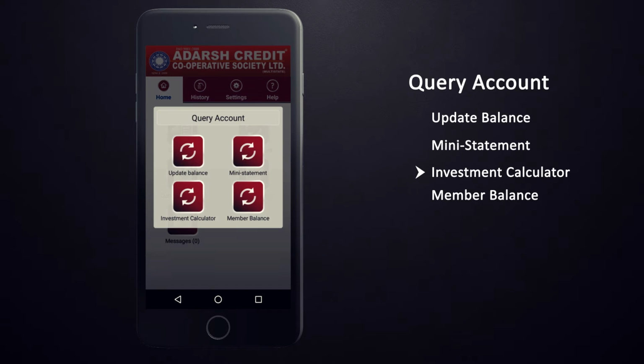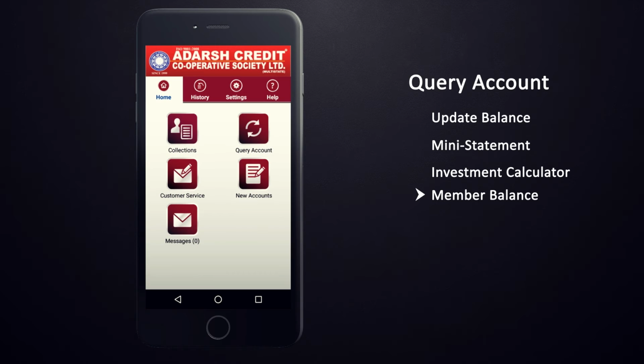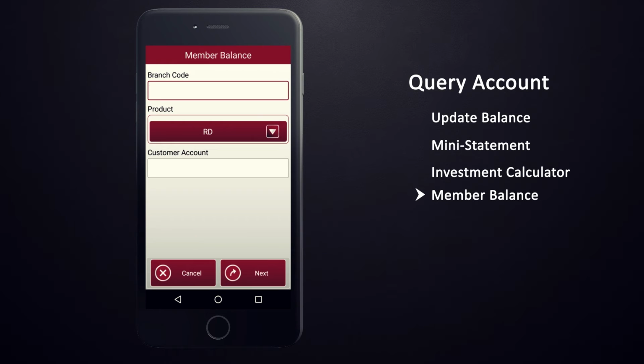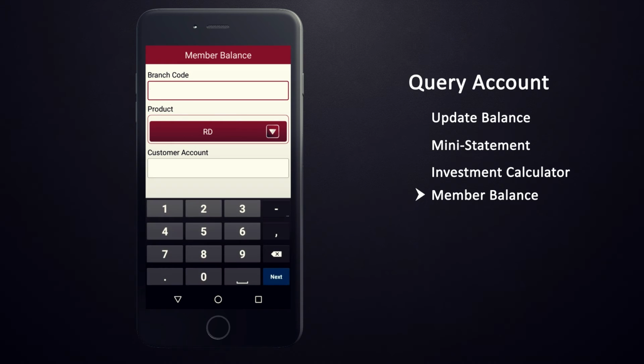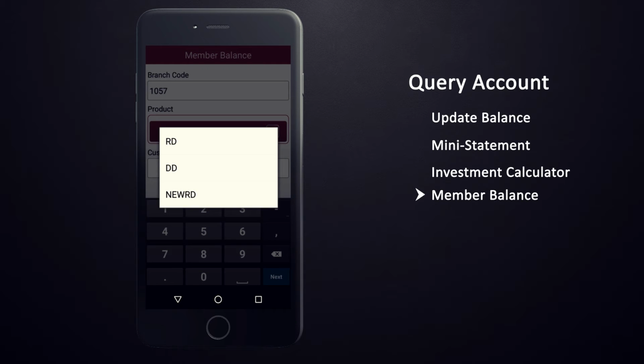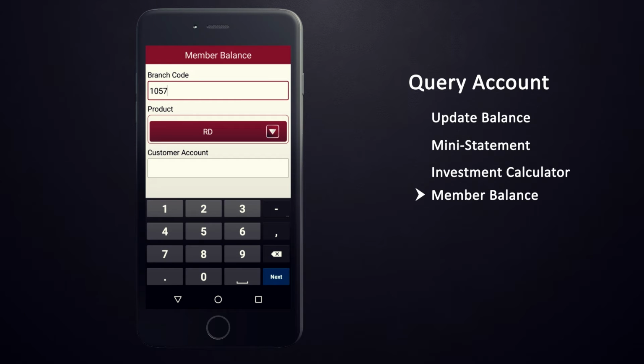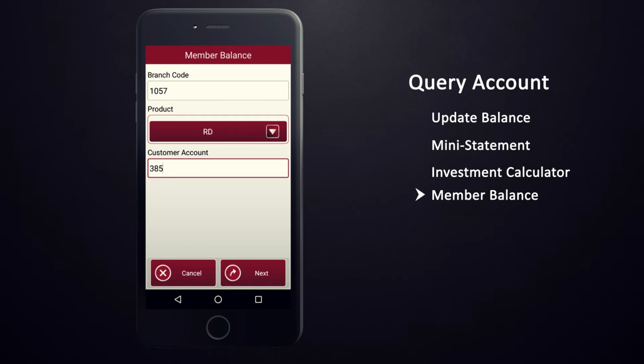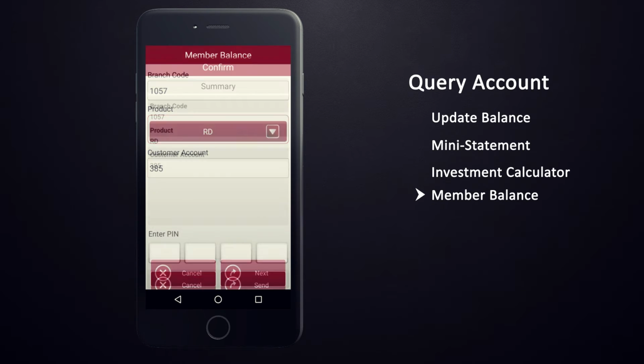To know the member balance, tap on the Member Balance icon. You will be asked to enter the member's branch code. Select the appropriate product from the drop-down menu. Enter your member's account number and click on the next button to proceed.